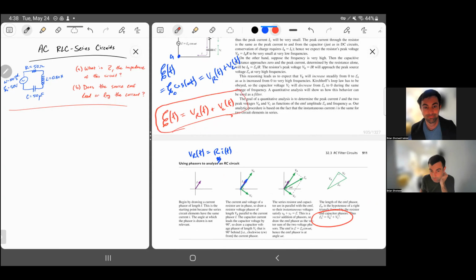I mean, one is at a particular instant in time, and then this one right here is looking at the max value of these quantities. So maybe this one would be closer to the,